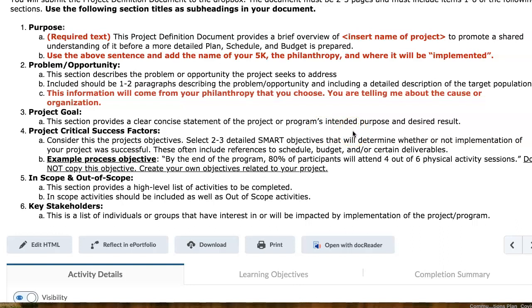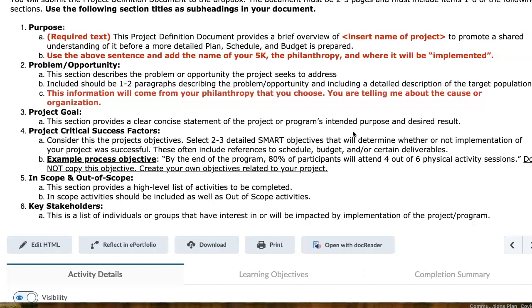I want you to make sure you're thinking through that in detail: the project critical success factors. How are you going to say that your 5K was a success? Whether it was successful or it was not successful, right? It could be a project failure, and obviously we don't want that to be the case in any of these